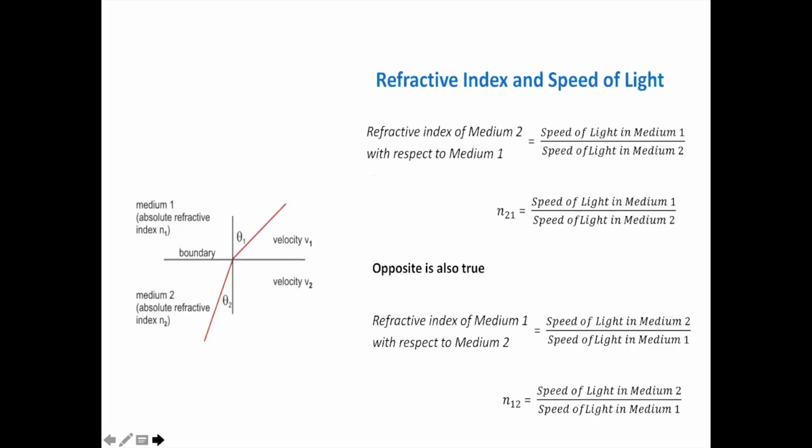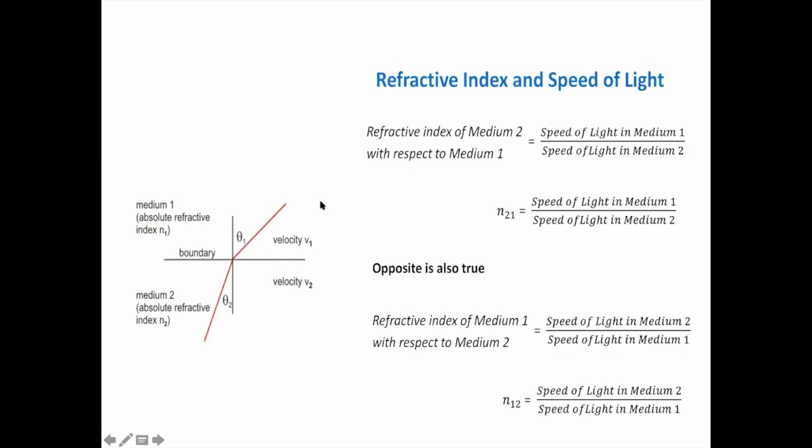So, the refractive index of medium 2 with respect to medium 1. Over here, if I take this as medium 1 and this as medium 2, this is the normal. A ray of light is falling at the point of incidence and it is coming near the normal. This is the theta 1 angle, this is the theta 2 angle. So the ray of light is going from medium 1 to medium 2. Okay, so I want to find out the refractive index of medium 2 with respect to medium 1.